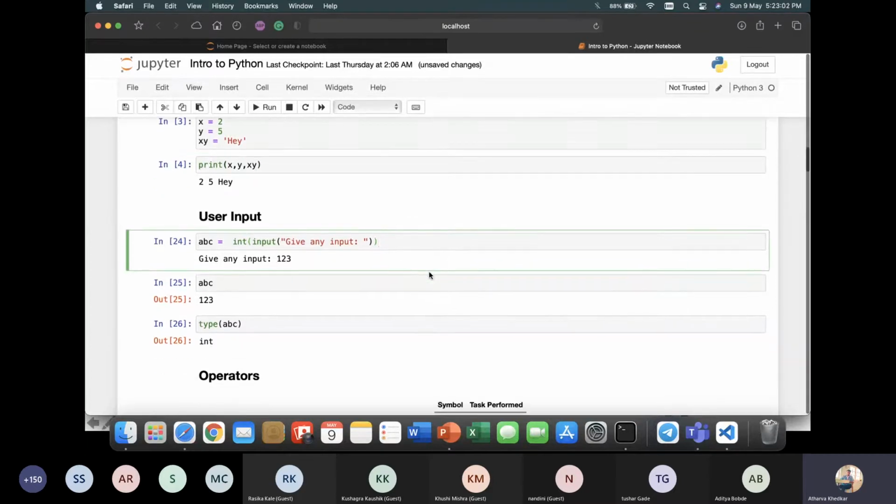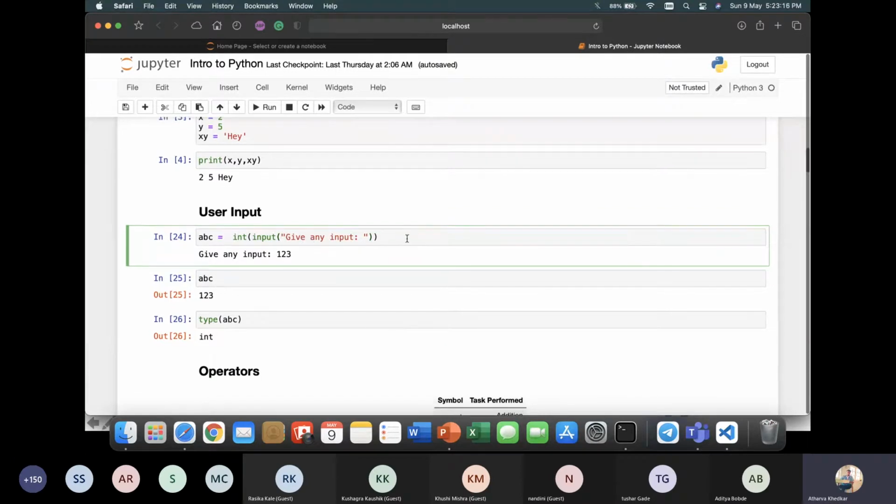If you have to take input from your users, what you want to use is this input command. What this input command does is that it allows users to give their input. In C, you would be familiar with scanf, and inside it you must be familiar with %d for integers and %f for floats, and for C++ there is something like cin. But for user inputs in Python, you can just use this input.